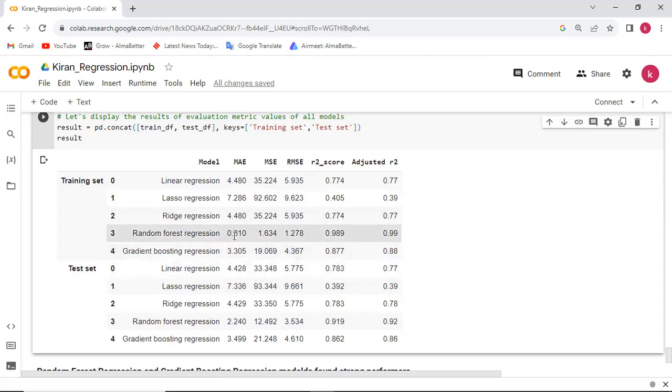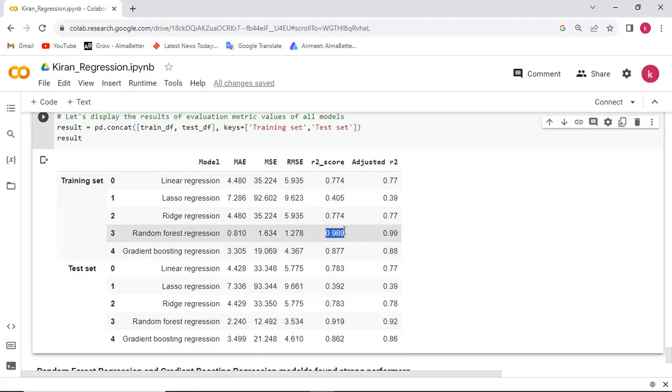Because the mean absolute error, mean square error, and root mean square error values are the least in random forest and gradient boosting, for both the training data set and the testing data set. And the R square value for random forest is also very high.